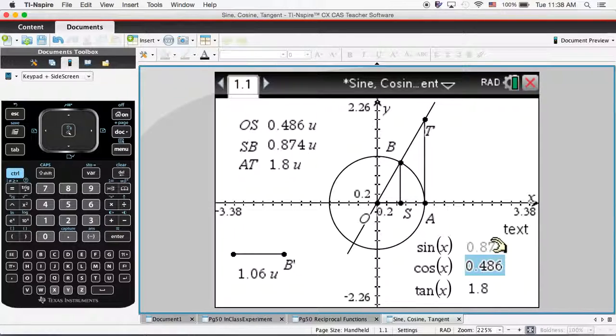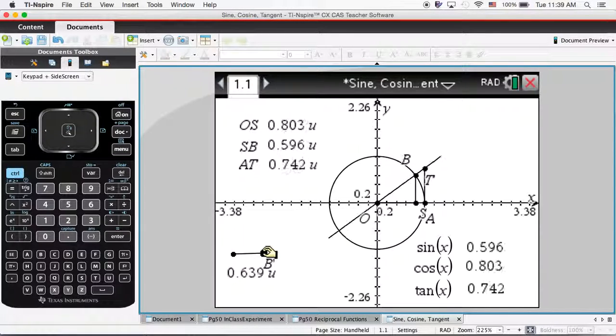Sine of x, or sine of the radian now, is 0.874, which is exactly the same as the length of SB. And cosine of x, which is cosine of the radian, is 0.486, which is exactly the same as OS. And tangent of the radian, which was 1.06, is at this point 1.8, which is exactly the same as the length of segment AT. So this shows that those lengths of the segments are exactly the same as sine